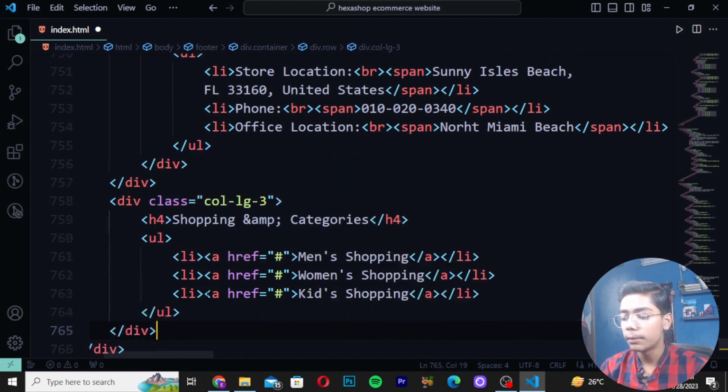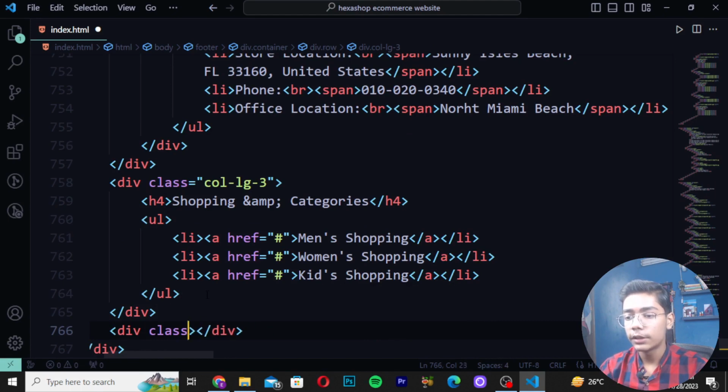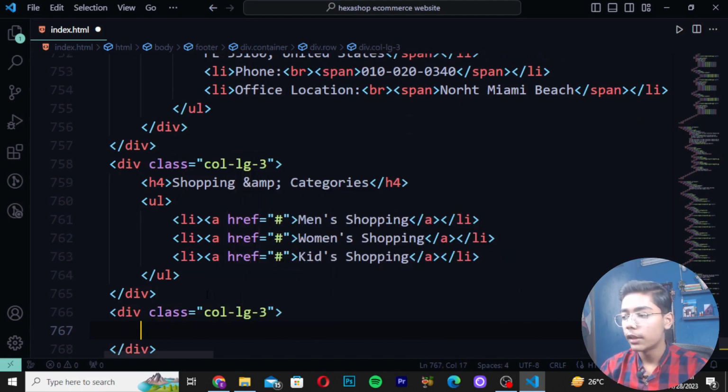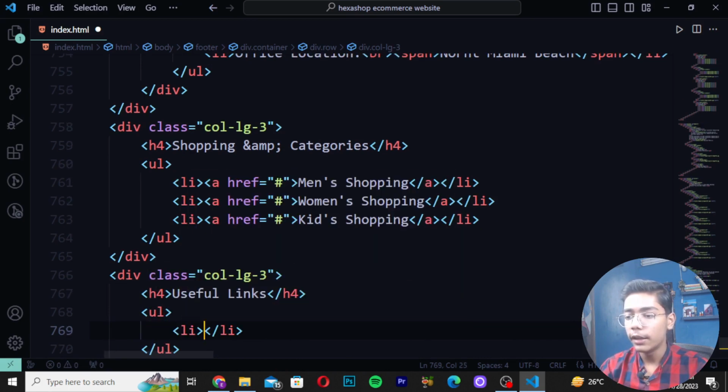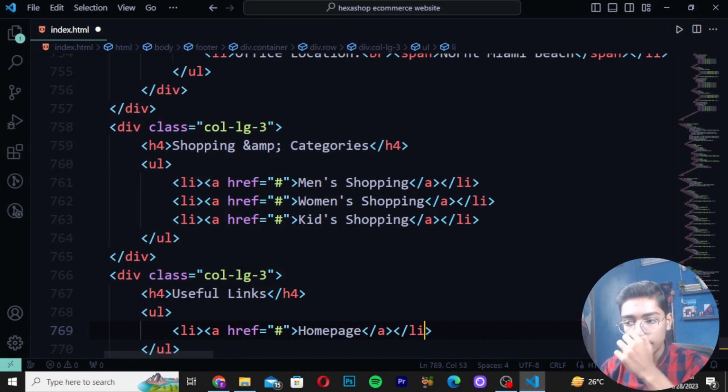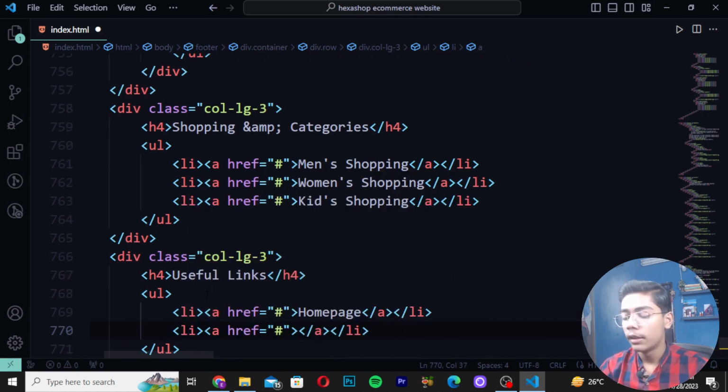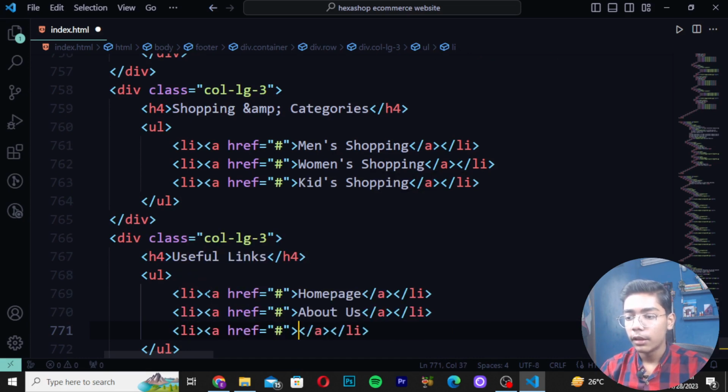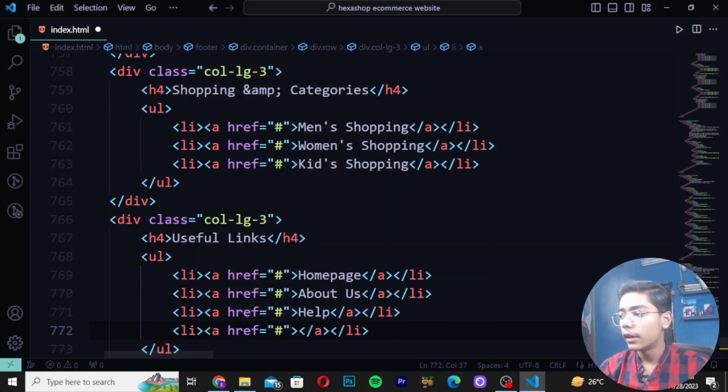Then here when you just done that, simply move down and write here div class, and then write here col-lg-3, create here h4, and I will be now just writing here useful links. Then you have to move down and write here ul li, write here a tag and write homepage. And then when you just written that, simply you have to just now write here li a tag, write here about us. Then when you just done with that all stuff, simply you have to just now write here li a tag. Then you have to now write here help. Then when you just create this again li tag, right here contact us,